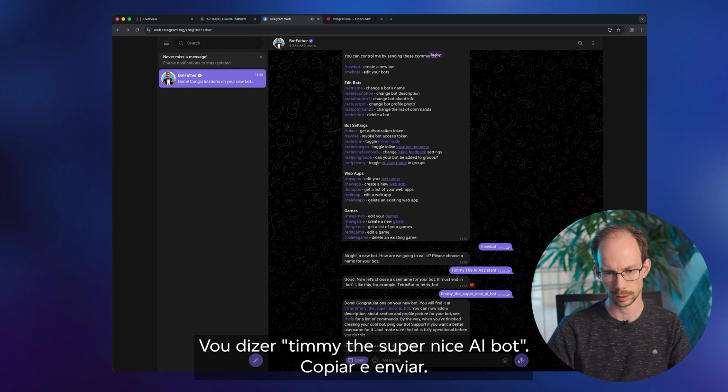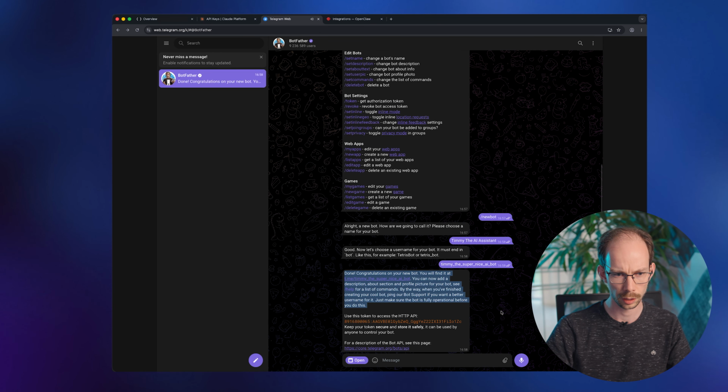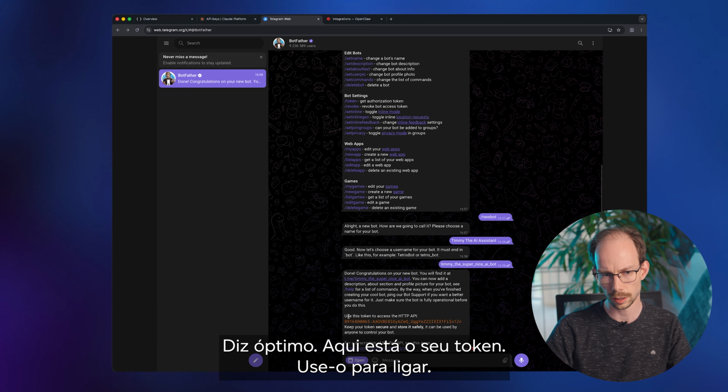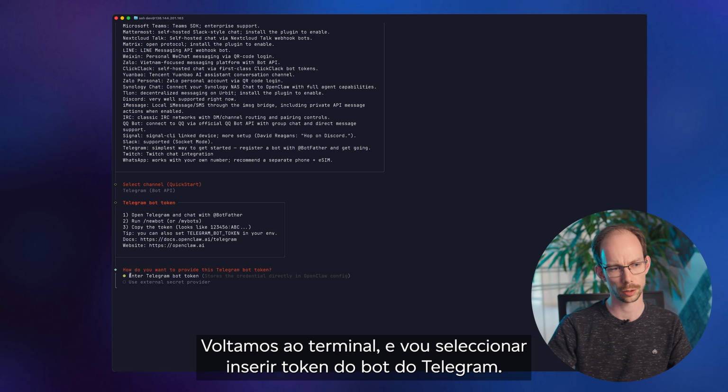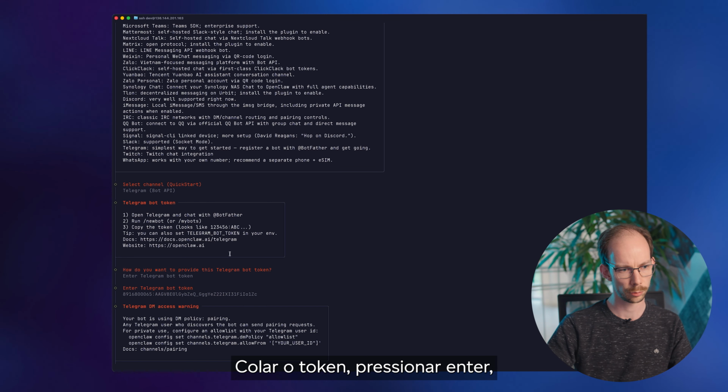Copy and send. It says great. Here is your token. Use this to connect. So we're going back to our terminal environment. I'm going to select enter Telegram bot token, paste the token, press enter,